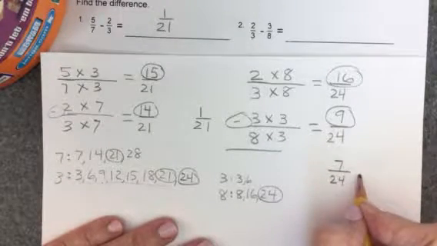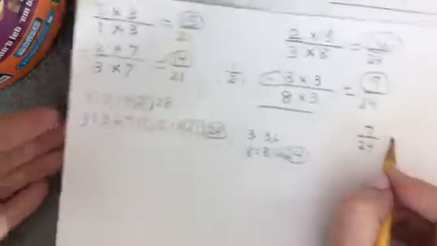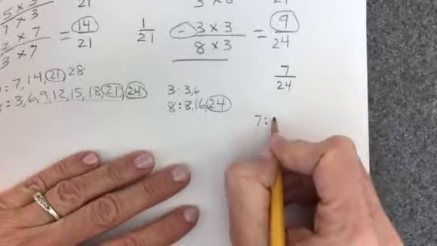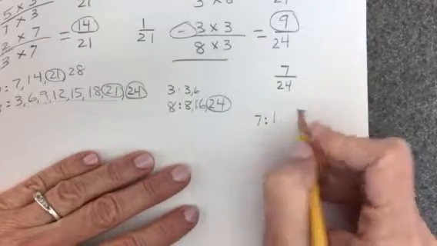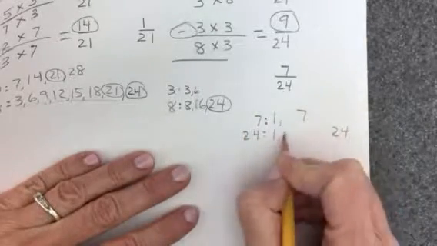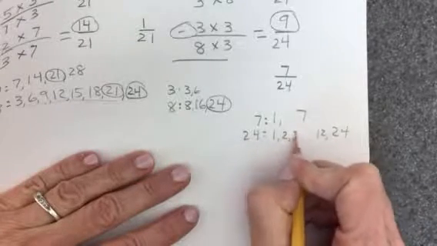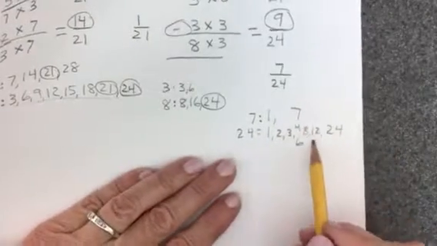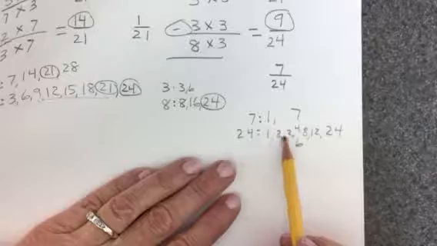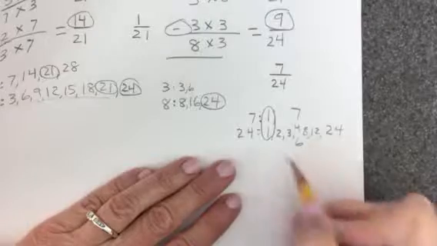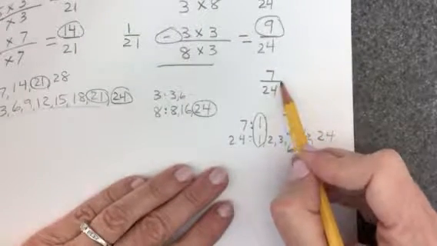Now I need to ask myself the question, is this simplified? Well, let's check and see if it's simplified. I'll do factors of 7. Factors of 7 are 1 and 7. Oh, that's it. Factors of 24 are 1 and 24, 2 and 12, 3 and 8, 4 and 6. Okay, so now I'm looking for the greatest common factor. Well, 7 is not in here. Oh, look at that. The greatest common factor is 1. If the greatest common factor is 1, then that means that the fraction is already simplified. So I'll write 7/24